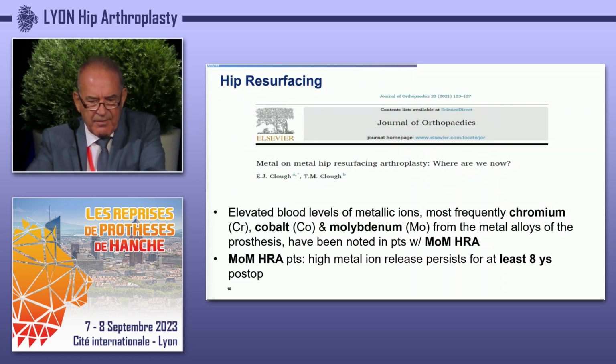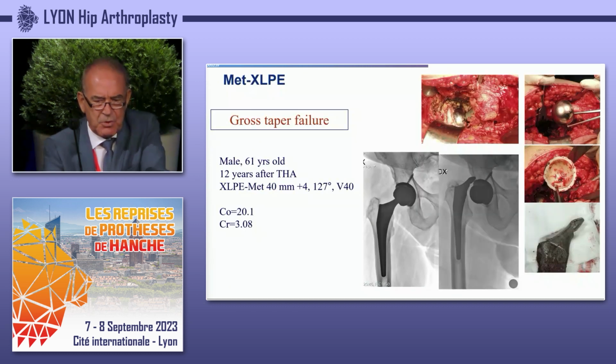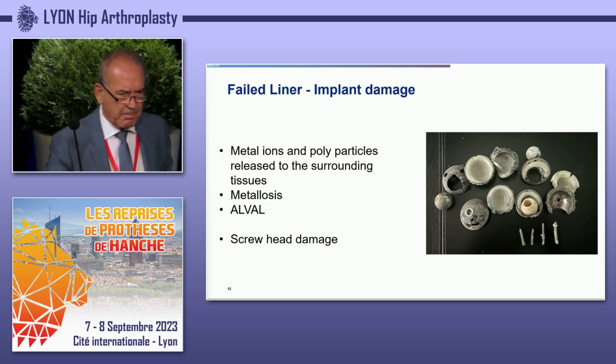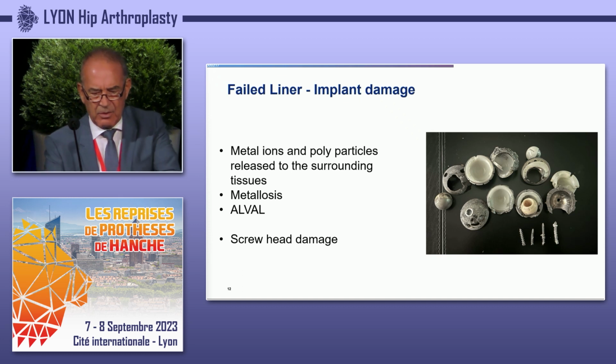Again, elevated blood levels of metallic ions, chromium, cobalt, and molybdenum. And so they have increased metal ions up to 8 years post-operatively. Some of the cases you can see, again, with metal on extra large polyethylene, we have, again, ion release and a lot of damage. And pictures like that you see every day in practice. If you do revision surgery, you see that there is a lot of ions coming. What is the bad thing with this? It is that the patients are not very symptomatic, and they come to you in the late days with such